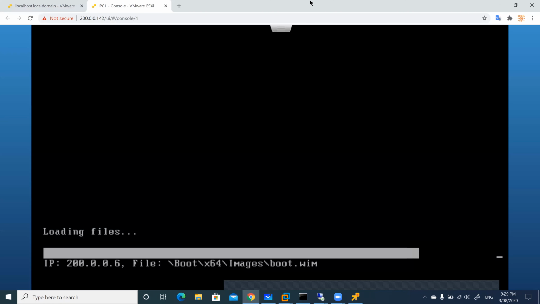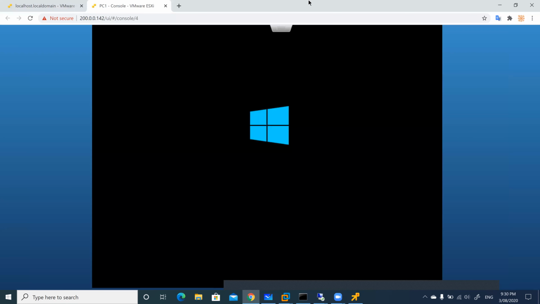So now the loading is still going on. However many systems you have, you have to do the same procedure for that many systems. If there is an operating system, you just turn it on, log in, get the IP address, then add your domain. That's all.